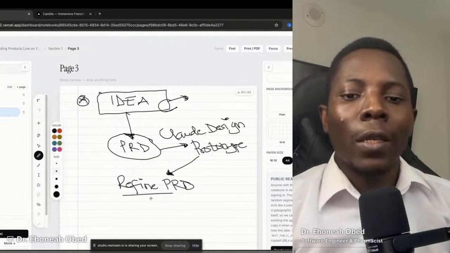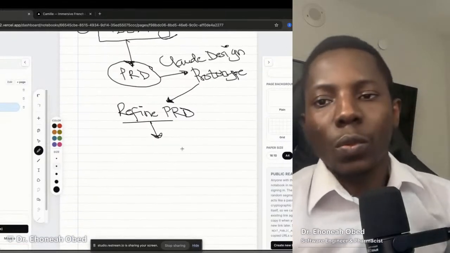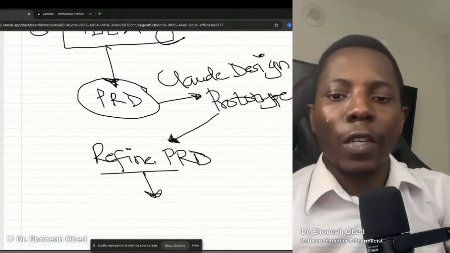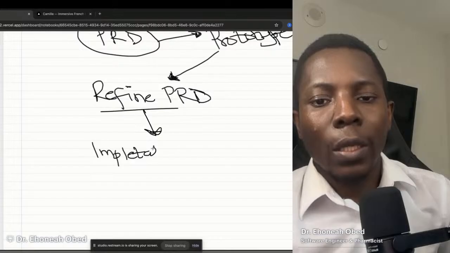We refined that. Then we converted the refined PRD into an implementation document.